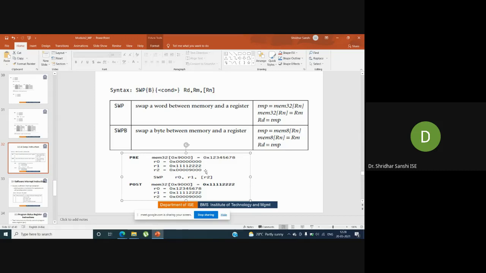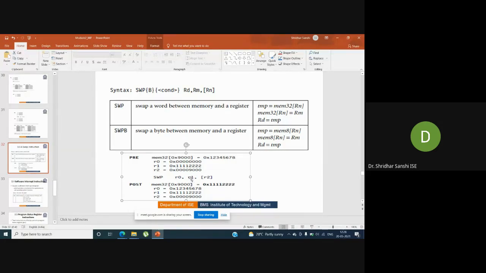So if I execute this swap instruction, what happens? The content of the memory location is assigned to a temp variable, and whatever the register content of RM is. In this particular example, RM is R1.